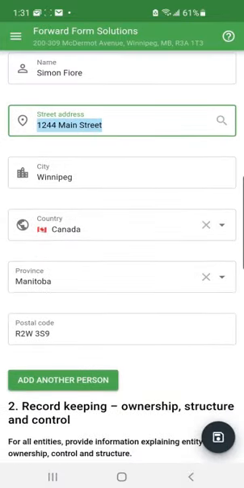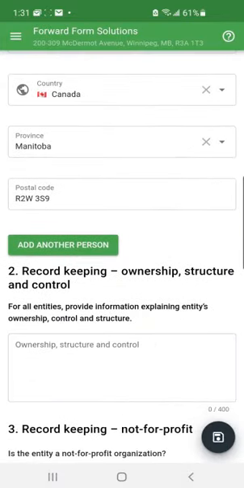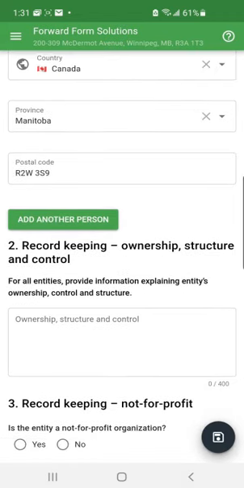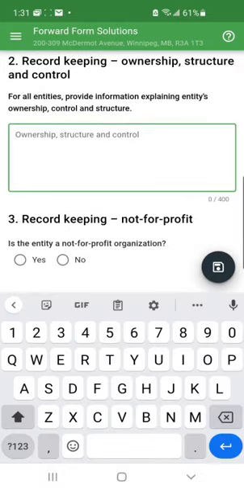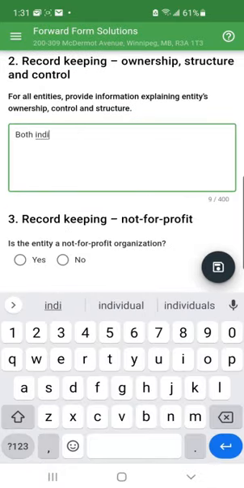I can keep adding more people if I need to, but in this case, it's only the two of us. And then the next thing I do is I have to enter what the ownership structure and control is. So say both individuals own 50%